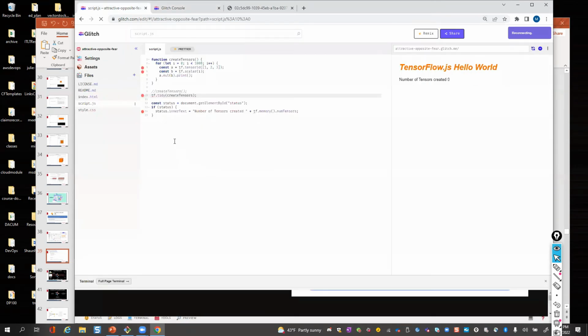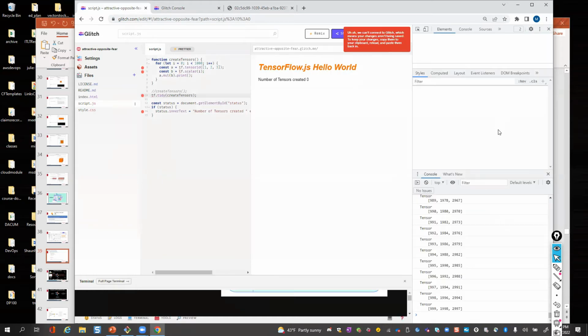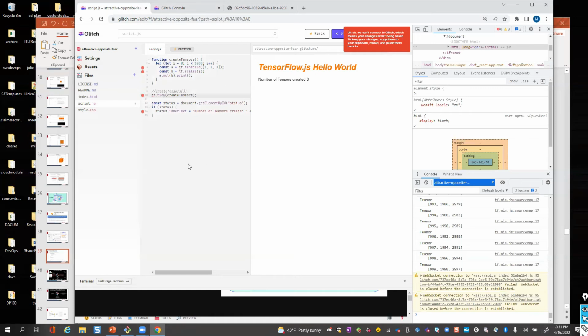And when the refresh happens, you'll see these red dots will go away. You can see already that's happened, and the dots are still there for some reason, but what you see is that it's showing tensor 0. You see that? There's no tensors because it got run. Now let's do the inspect. So it still created all the tensors, but once it created the tensors, it deleted them. So that's what you want to do: when you write these functions, when the functions are done and you've processed all the information, you want to do your garbage cleanup with something like tidy. All right, cool, that's the next demo that we had in this example.